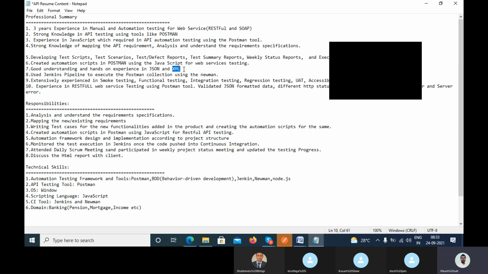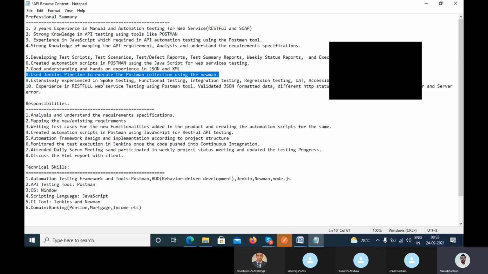At that time, the same thing which we did for REST, we also did for XML. We connect with the server, get the response, and verify, the same concept here also. And the eighth point: use Jenkins pipeline to execute the Postman collection using Newman. That is already clear.